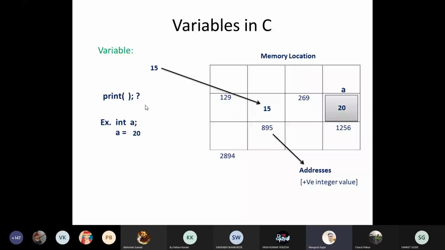Or if you want to access the value 20, instead of accessing the value, you can access the identifier, because you know the identifier, because you know the address, right? So a is my identifier, or a is my variable name, and the value is 20, which is stored into memory location 1256, as you can see on your screen, right? Okay, all right. So now I want to print, meaning I want to access the value 20.